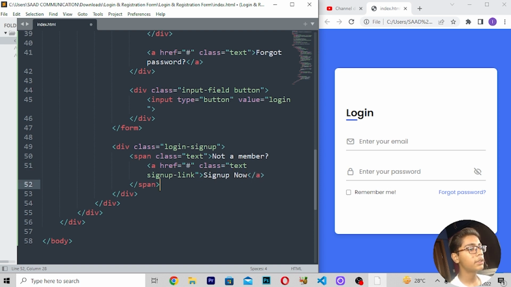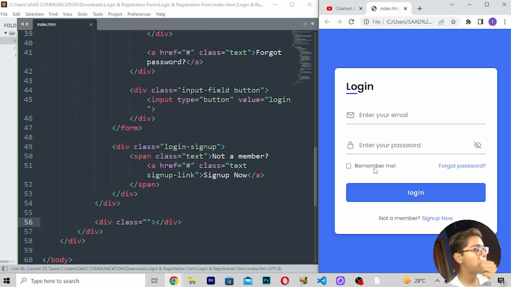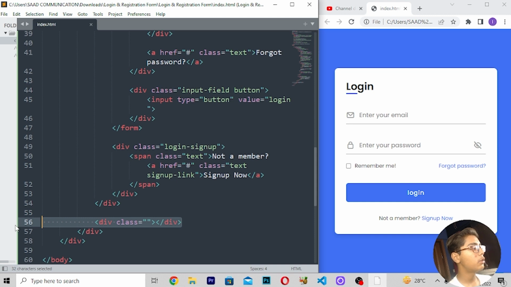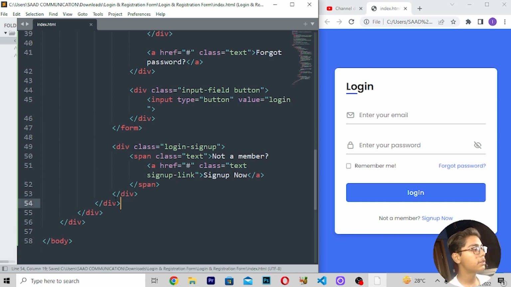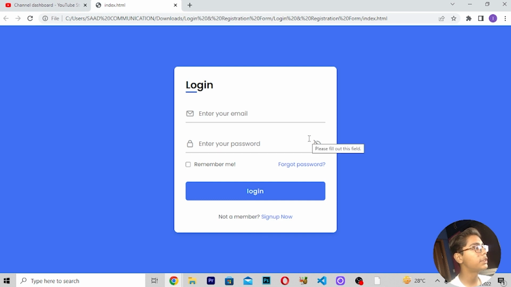Now when you've written this, here I'll be moving under this div class, but before that save this and reload. So you can see now we are getting all these things here. Remember me button, forgot password menu, login button, and sign up. Now I will be moving down here, and then you have to just create all the other stuff also. Now I will be saving this, then reload. So all the things is perfect, and this is our login page which we have built, and you can see this is just looking awesome.